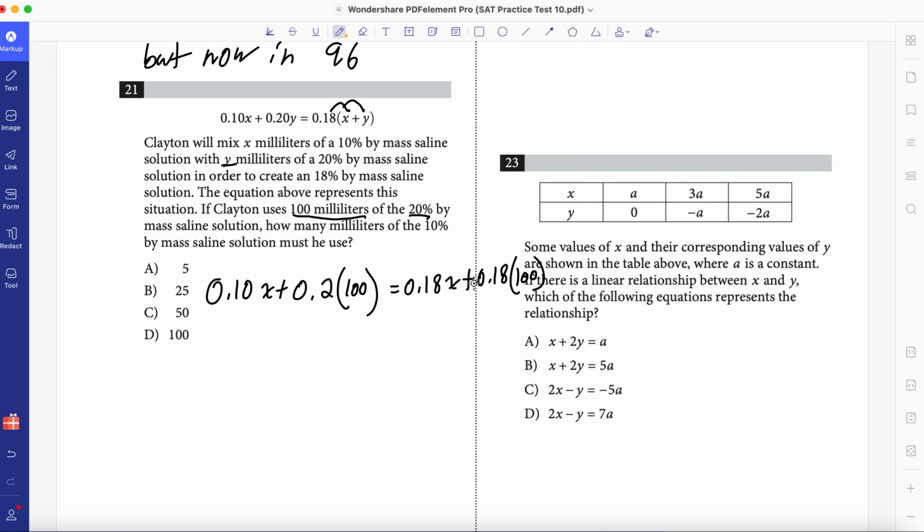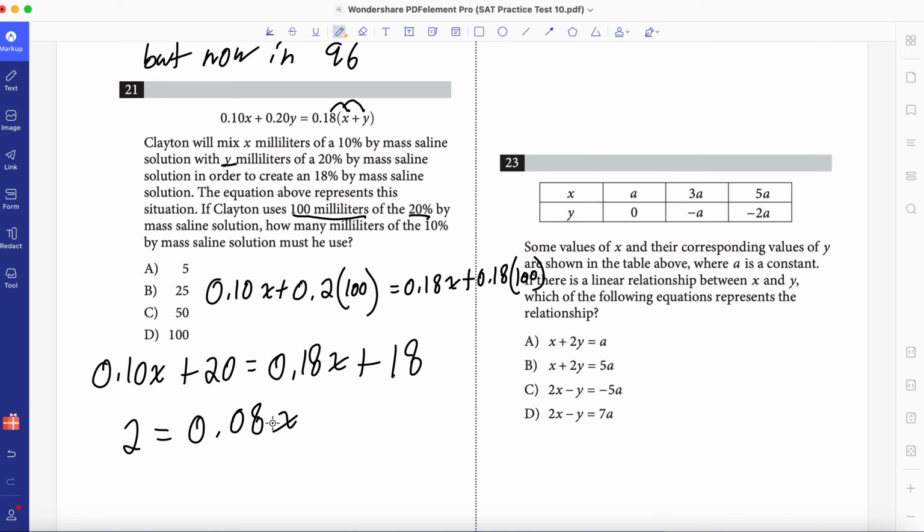And now for this, I need a calculator, which I'm going to pull up on a separate computer. So 0.2 times 100 is going to be 20. So I know 0.10x plus 20 is going to equal 0.18x plus 0.18 times 100. Oh, that's just 18, sorry. And now let's just switch everything to combine like terms. So 20, 18, subtract 18 from both sides, we get 2 is going to equal, subtract from here, this is going to be